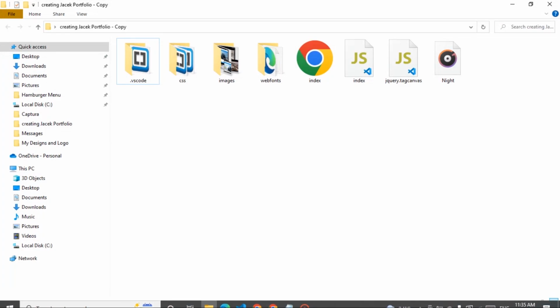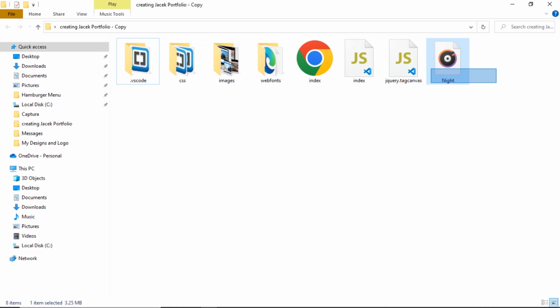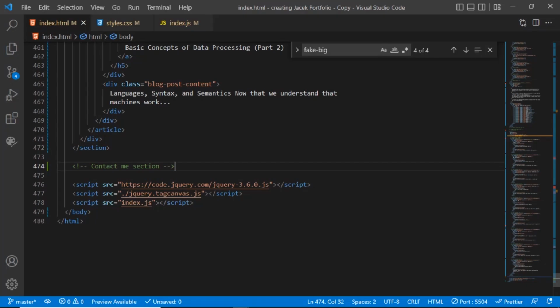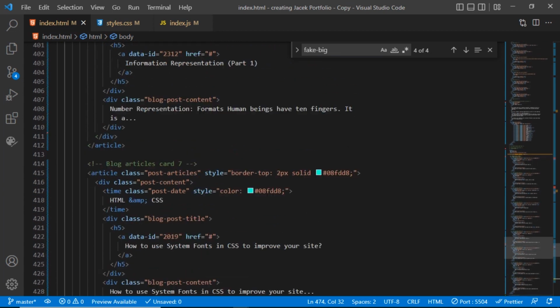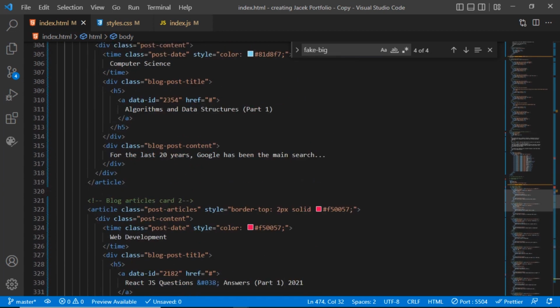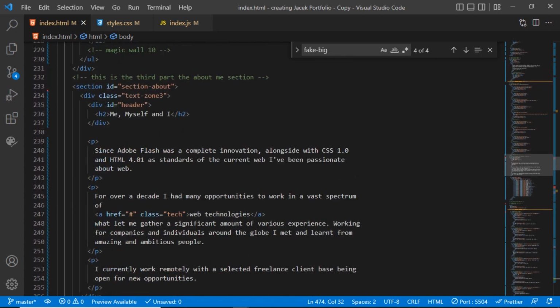That nothing has changed. It's still the same thing. If you can see all this folder right here, which means you are up to date, and which means we can get started. Now we're gonna start from the contact me section. But before I start coding, I want to show you that there's nothing much that has changed in our code so far. We still got the same thing, and